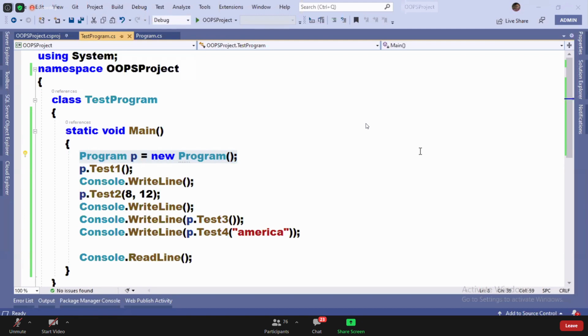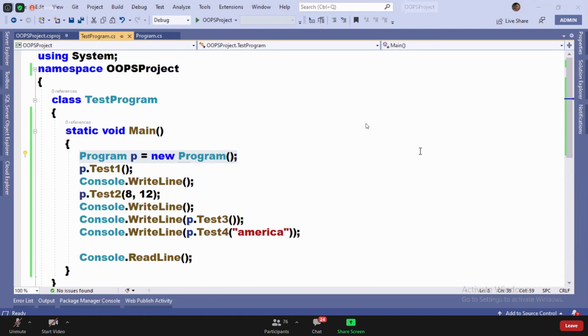Remember one point, if you remember. Don't go to web applications.